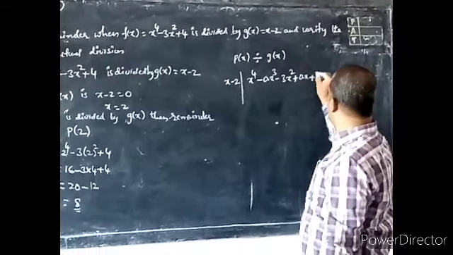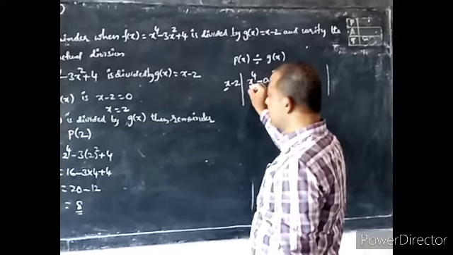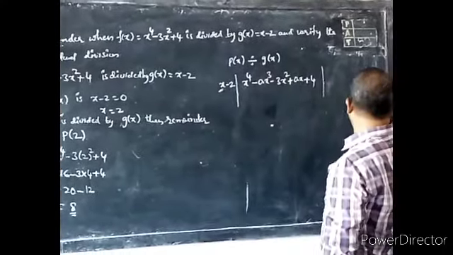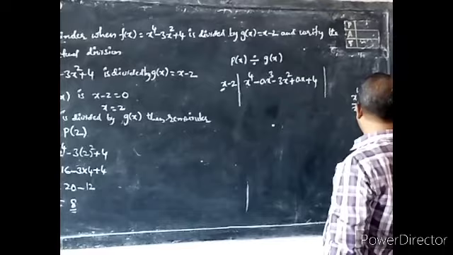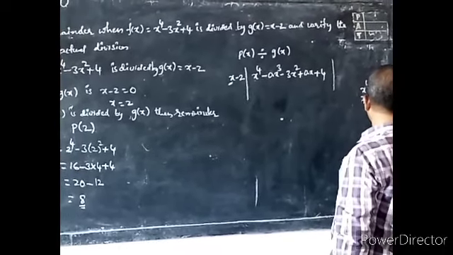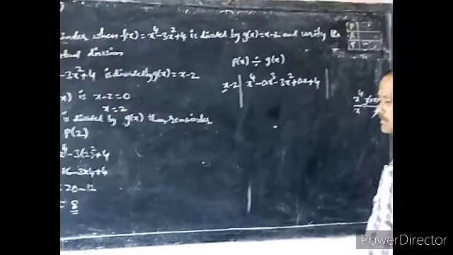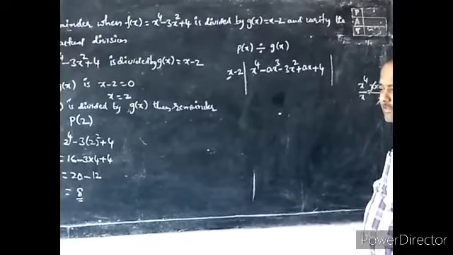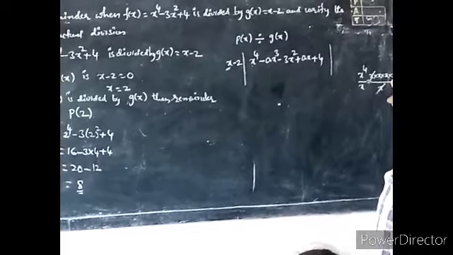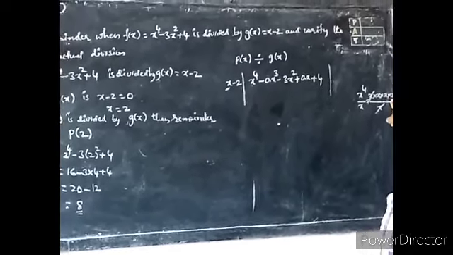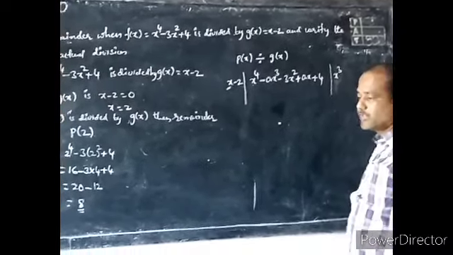Next plus 4. Here the first variable is what? X. Here x power 4 will be divided by x. X power 4 means x is repeated 4 times. X into x cube divided by x, x gets cancelled. What remains? X cube, not 3x. Repeated multiplication is nothing but exponent. In 8th class we learned this. So x cube should be written in the quotient part.